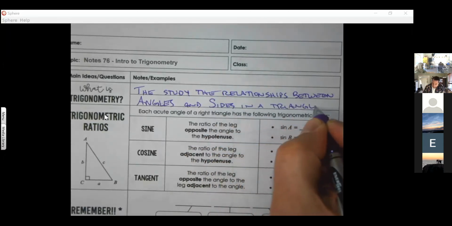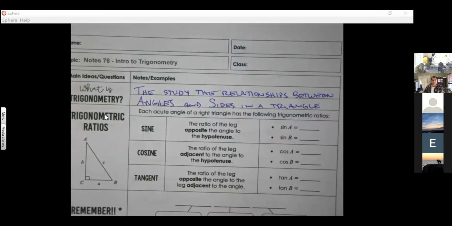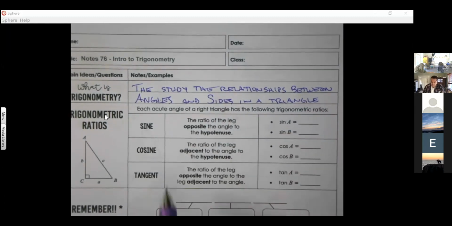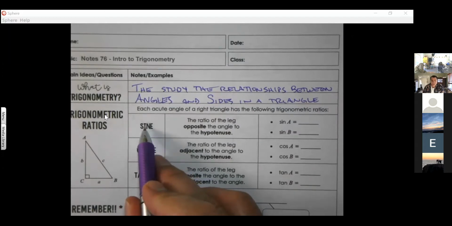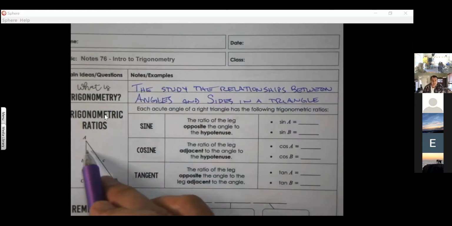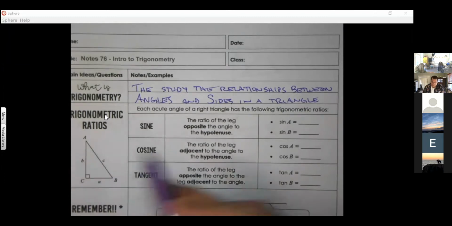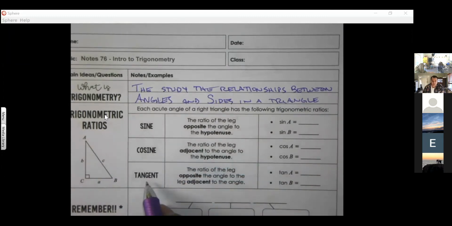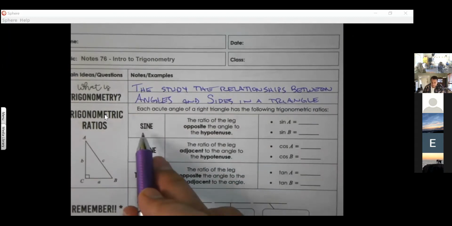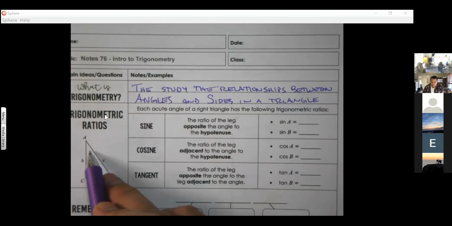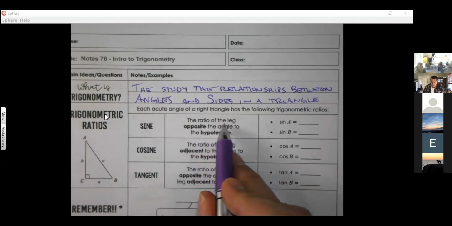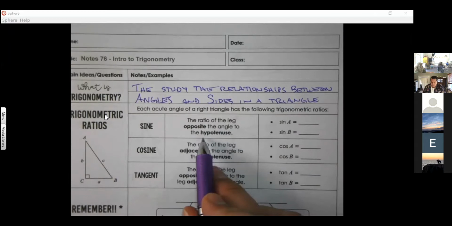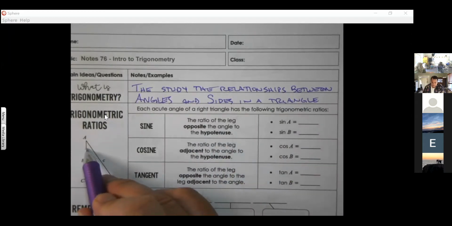And what it means is that if I take the sine of an angle, right? An angle is a numerical value. Maybe it's 30 degrees, maybe it's 27, maybe it's 26.93. And if I do this mathematical operation to it, each one of these will do something different. The sine of an angle will take that angle measure and translate it to give you the ratio of the opposite and the hypotenuse. So for instance, if I take the sine of this angle A,